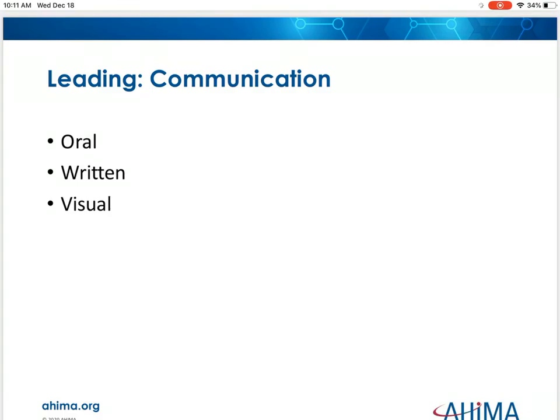Now, when speaking to others, the speaker should be upbeat, confident, honest and sincere, and follow these suggested best practices. So first, speak loudly enough so all can hear, especially when you're addressing a group. The message should be clear and concise. Do not add words simply to add length to the message. Make use of hands and facial expressions to emphasize key points in the message.